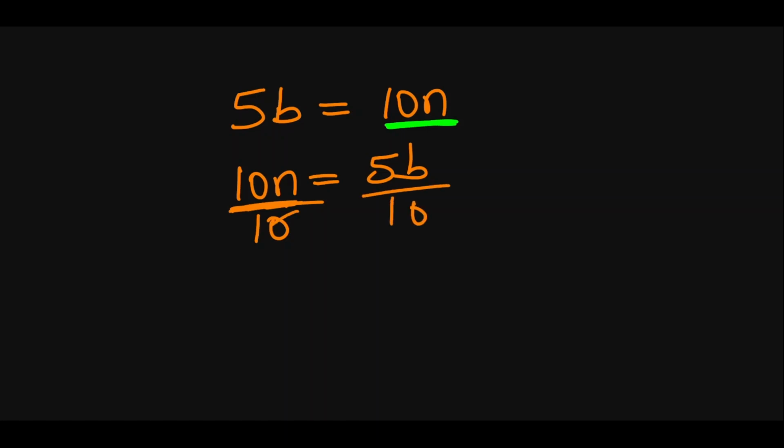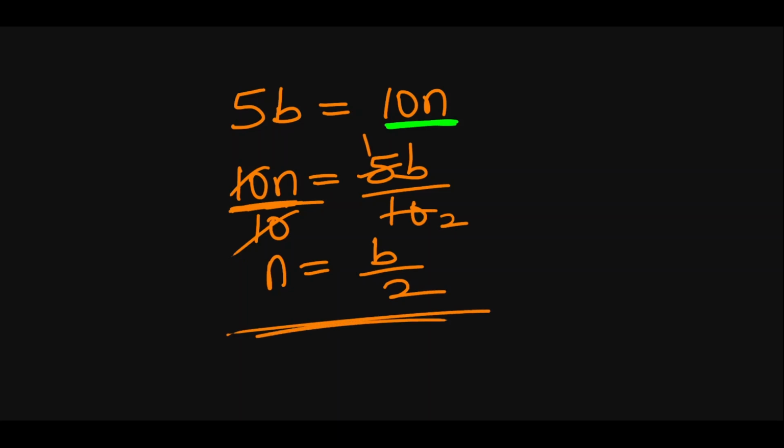So that now gives us 10, we cancel 10. n is equal to 5 here 1, 5 here 2. n is equal to b over 2. And that's the answer. It could be more complicated than this, but we are just using this to show the framework of how the answer should be. This is the basic principle by which you are going to find the value of any variable, or rearrange a formula, or make a variable the subject of a formula. Now let us take examples to make everything clear and sink.